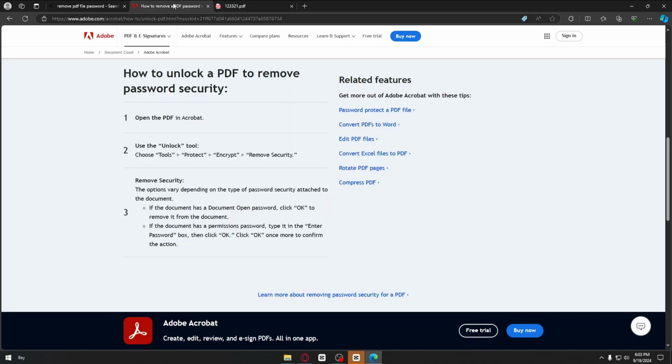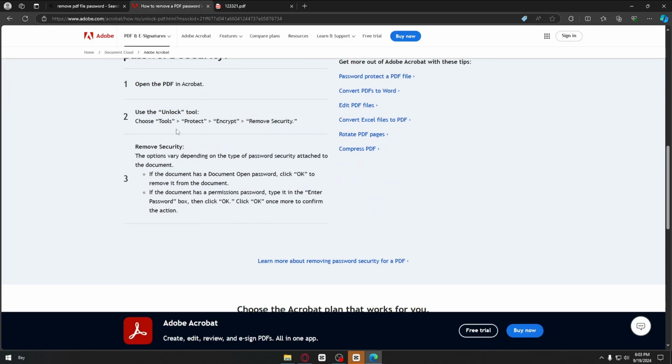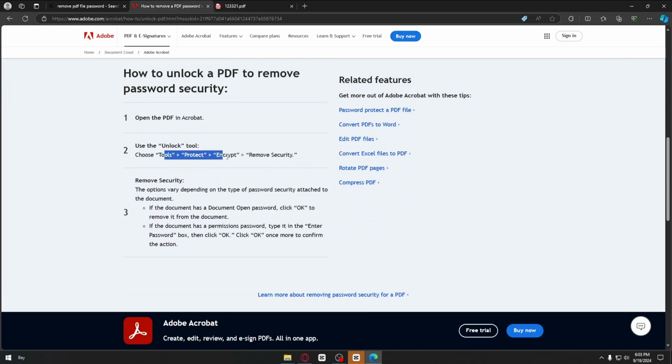Now that we're inside the PDF file, you can just go ahead and navigate through the tools section, and from there you will be able to see security. Now unfortunately I don't have Adobe Acrobat on my Windows computer, but it's as simple as clicking on Tools, Protect,